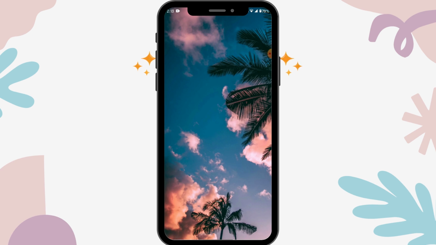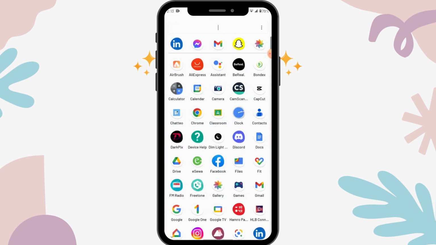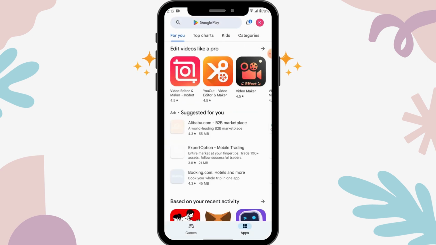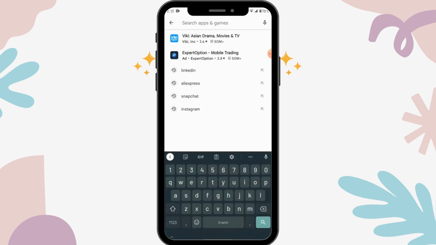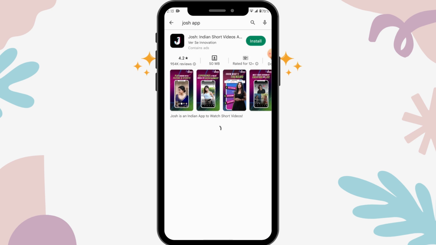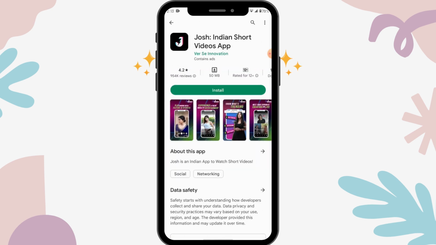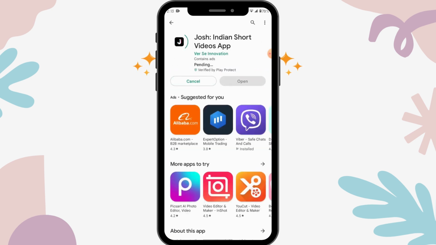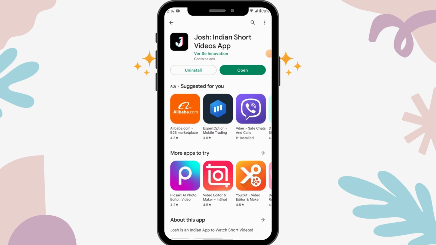So if you want to create a Josh app account, then first of all open up your Play Store, and then under Play Store on the upper corner you will have a search bar. Tap on the search bar and search for Josh app, and then you will have the app. So you can simply tap on install and install the app, and then after installing you will find an open option. You can simply tap on open,